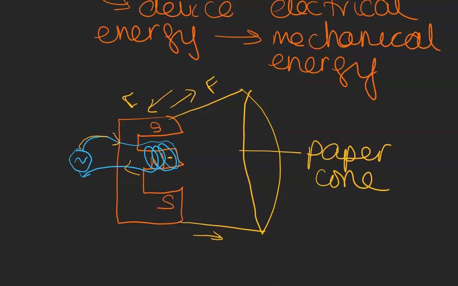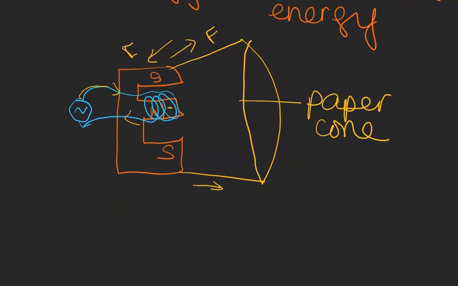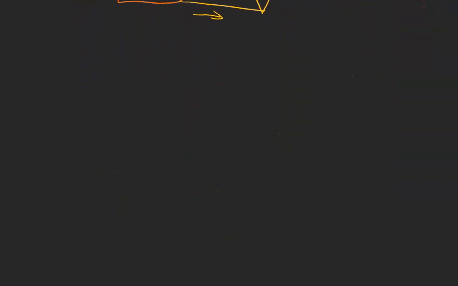And the paper cone will begin to move back and forth, back and forth, back and forth. And when the paper cone begins to vibrate, it sets up a sound wave in the surrounding air. And when that happens, you will be able to hear the sound produced. Okay? Now, if we consider an electric motor,